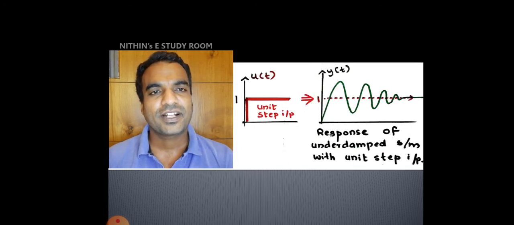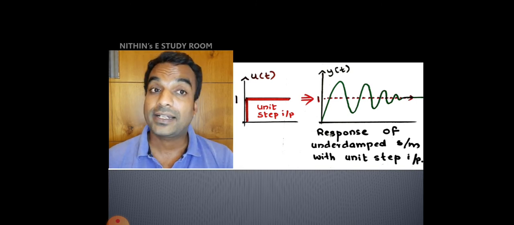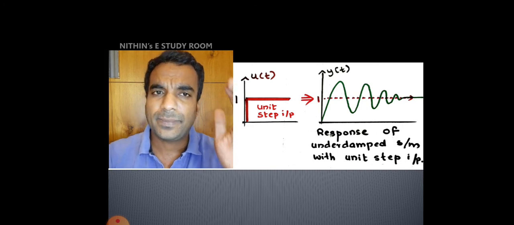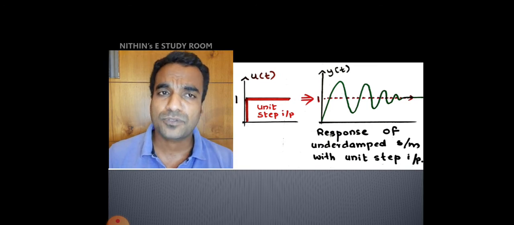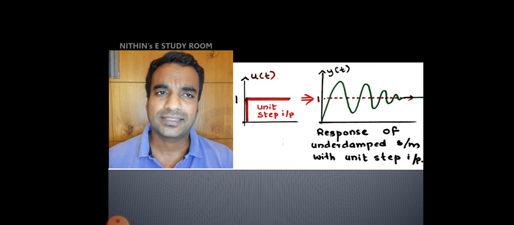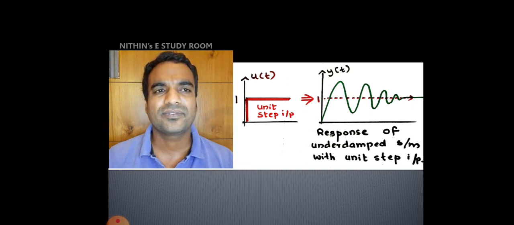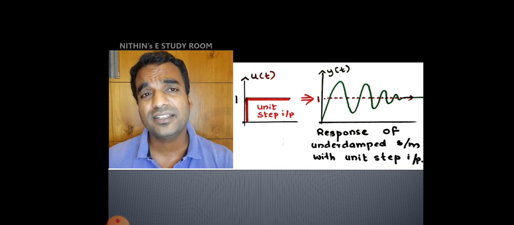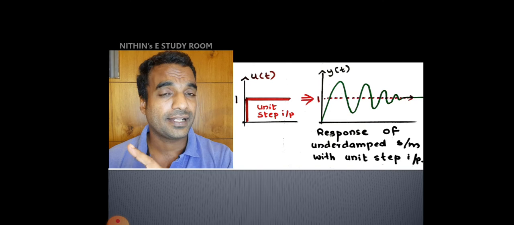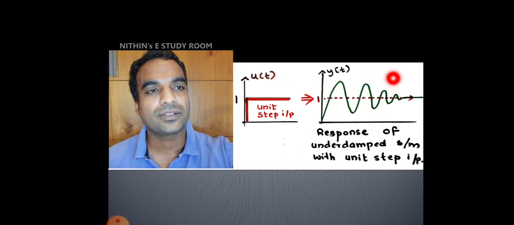Now, what will be the response? In the last class, we derived the response of the undamped system by doing some mathematical derivation. You can follow the same thing for getting this response also, but I am giving that as an assignment. That is a somewhat lengthier expression. I don't think that is that important from the exam point of view, and for understanding you need the concept. If it is an undamped system, the response will always oscillate with the same magnitude.